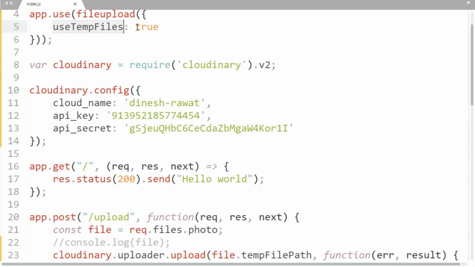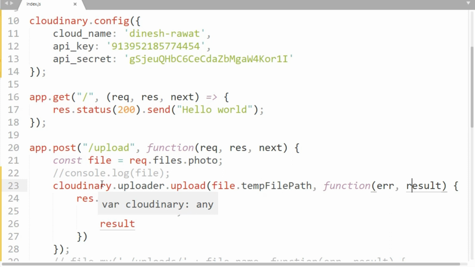So let me conclude everything. I did two changes. I set the value of useTempFiles to true. By setting this, I am getting a temporary file path of my newly uploaded file. Second, I set the configurations for Cloudinary. I set the value of cloud name, API key, API secret according to the values displayed on their portal.